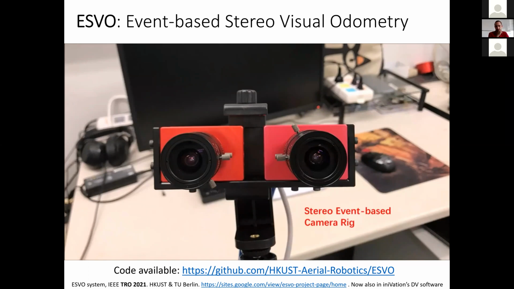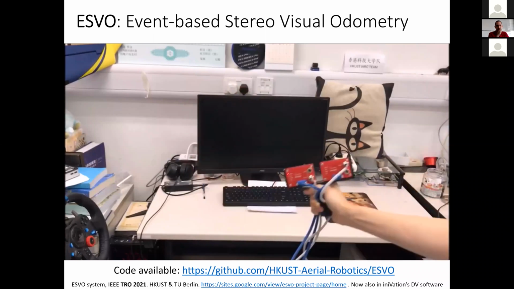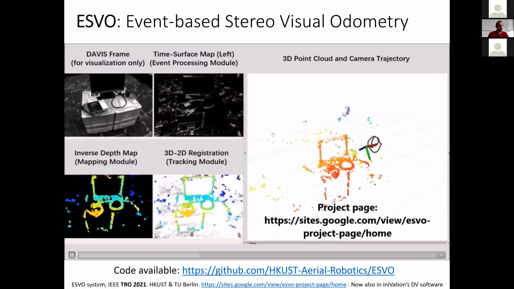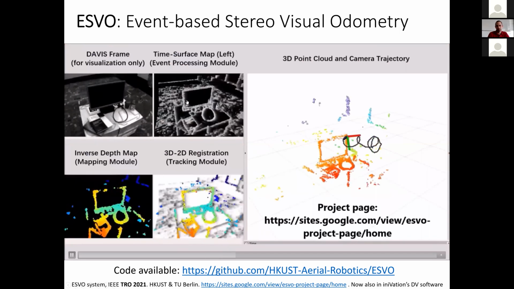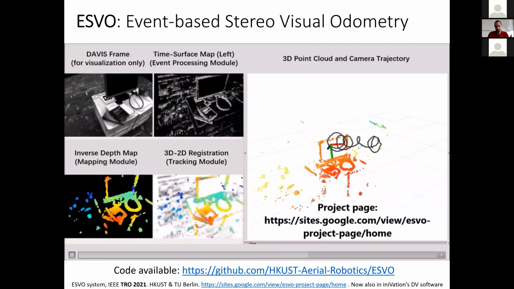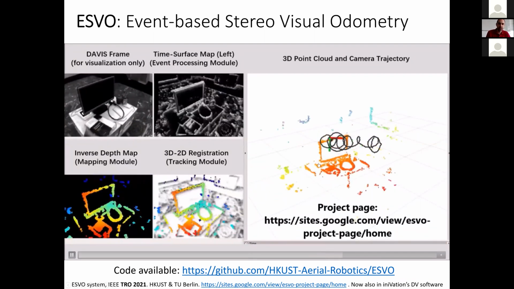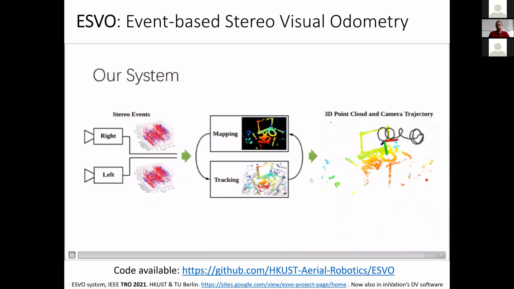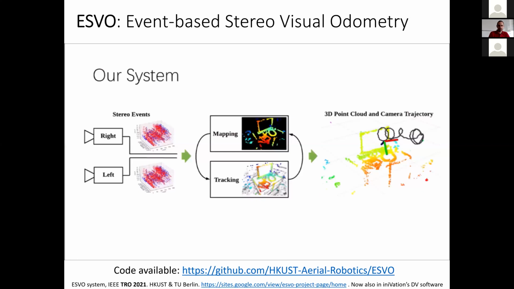And the idea is similar: try to do efficient algorithms that run in 6 degrees of freedom motion, and we'll input the events that are somehow converted into an intermediate representation called time surfaces. And the output would be the trajectory of the camera and the map, the depth map or a 3D point map of the scene. And it's working in a kind of classical way, having a worker that is doing the mapping part, the depth estimation, and another one that is doing the tracking part, the ego motion estimation of the